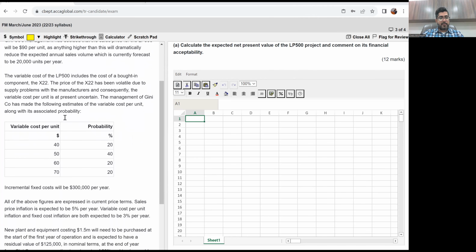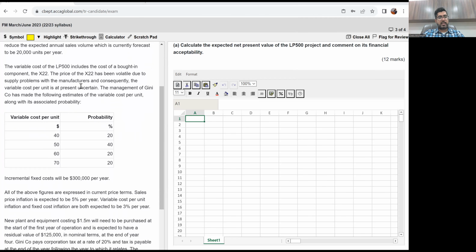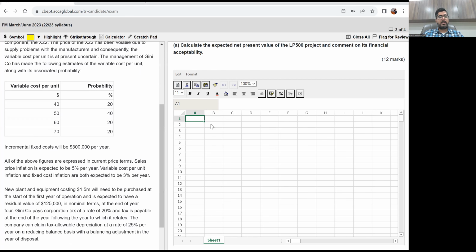Variable cost of LP500 includes the cost of bought-in component X22. The price of X22 has been volatile due to supply problems with manufacturers, and consequently, the variable cost per unit is presently uncertain. Management of GINI has made the following estimates of the variable cost per unit along with probability. So this is a very easy part, that there are 4 variable costs per unit: 40, 50, 60, 70 with their probabilities. I've taught you multiple times that in this case, you need to find the